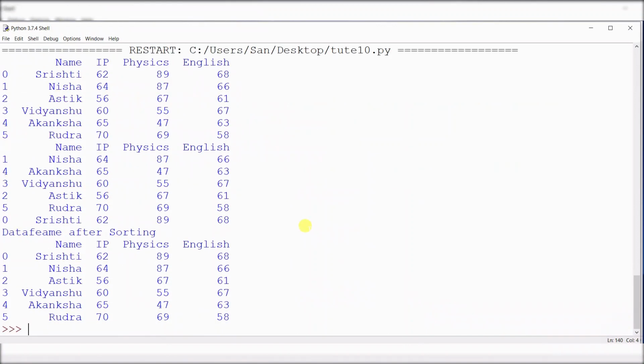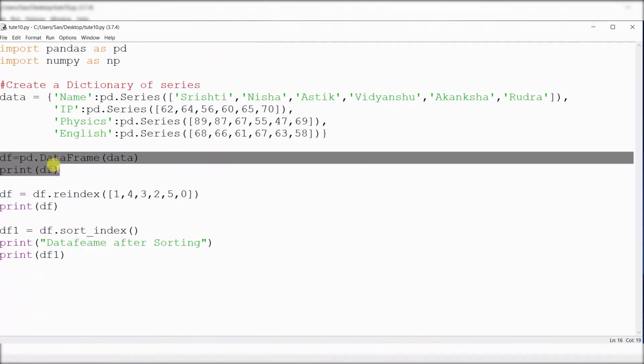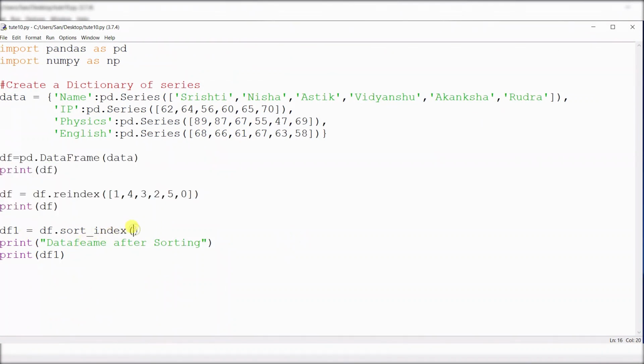Look here, this is your first value, this is your second value, and here first is the index as it is, second we are changing the index, third it also arranges the index. Okay, now we are changing here, this is your first output, this is your second, and this is your third. Now here type ascending is equal to 0.